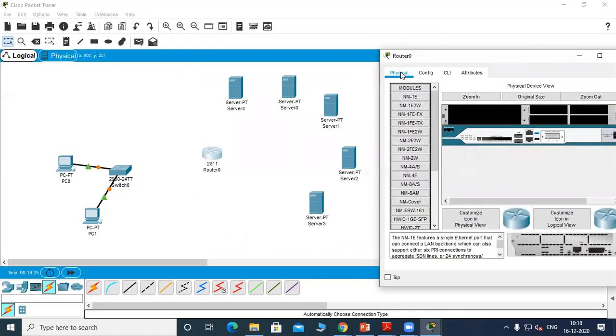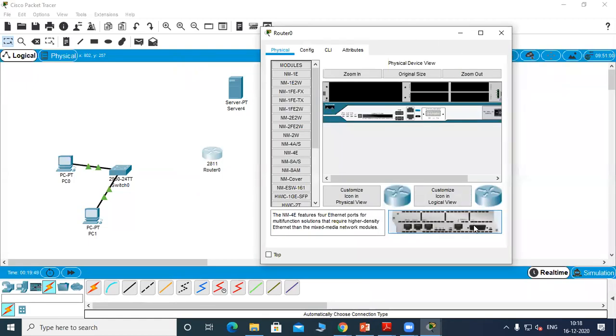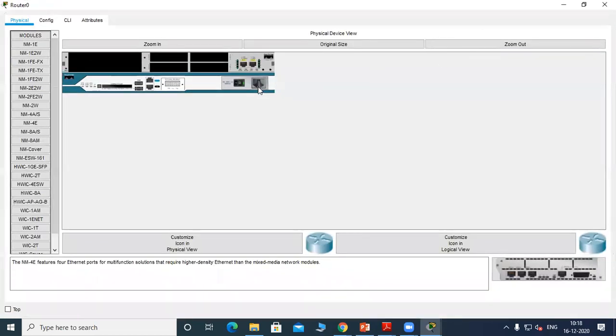So go to this slot. Here, if you want an extra 2, you can add the 2W, or if you want an extra 1, you can add 1. Now we require 4 links, so we'll select this option: 4 Ethernet extra connections. There are 4 ports available. In order to add these 4 links, make sure the router is in the off state initially. First, make it off, then click and drag it.